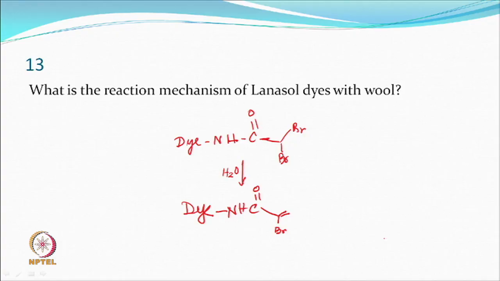So, wool and silk have end amino groups, a large number of them. Acid dyes also do the same thing. So, Lenasol reactive dyes, okay, we are talking about. So, a suggested mechanism could be something like this. So, you have a dye which obviously has a possibility of reacting anywhere, let us say.